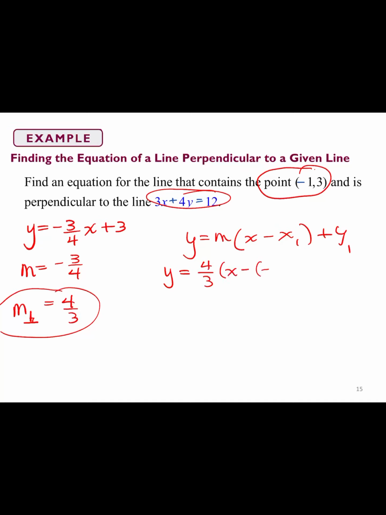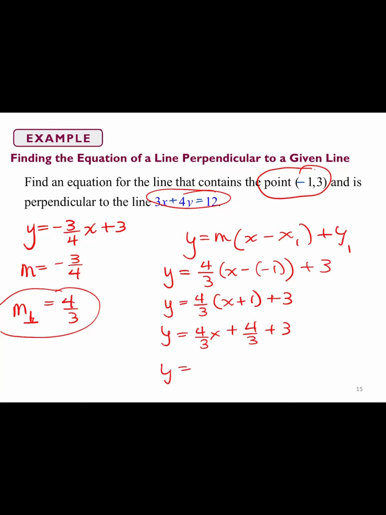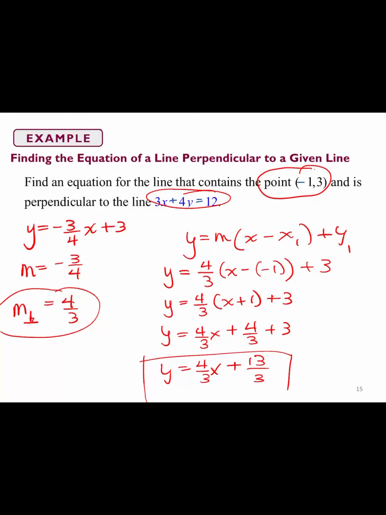So y equals 4/3 times x minus -1 plus 3. y equals 4/3 times x plus 1 plus 3. y equals 4/3 x, we're distributing now, plus 4/3 plus 3. And finally, y equals 4/3 x, and 3 is the same thing as 9/3, so 4 plus 9 is 13/3. Boom. And that right there is the